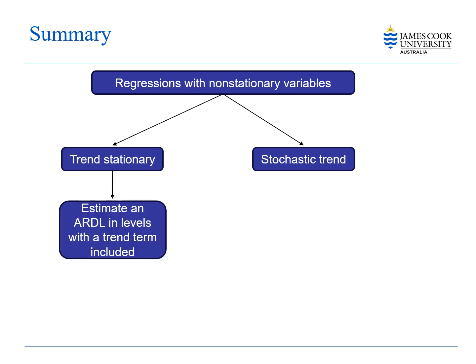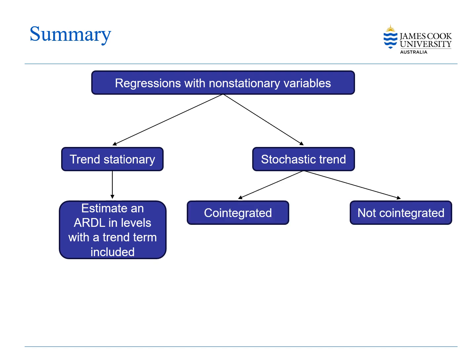Then we can estimate ARDL models in levels, including a trend term to account for these trends, and that will be enough. If in contrast it has a stochastic trend, it is I1,